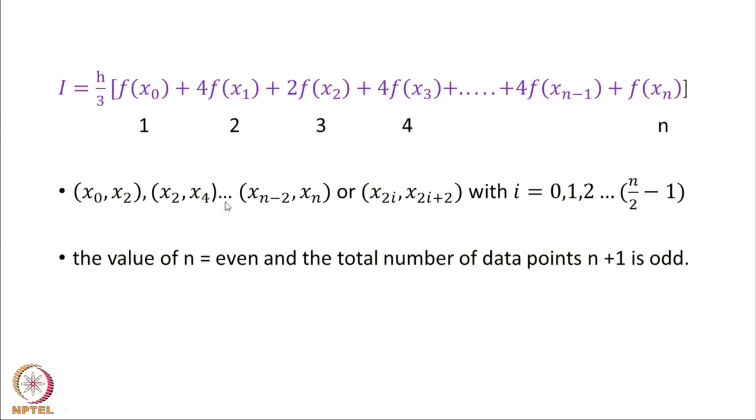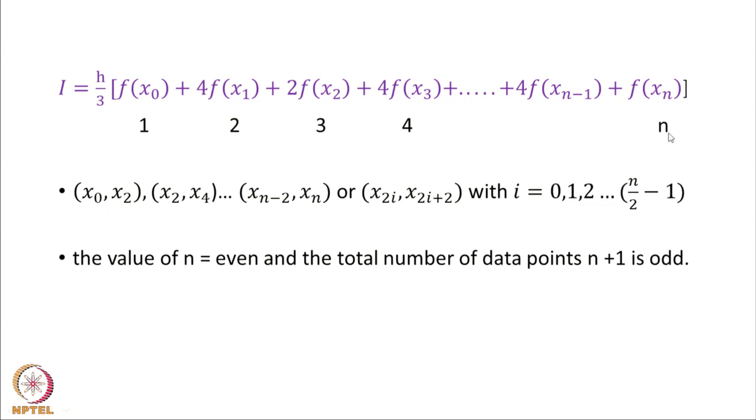So, the way I do it would be, I will execute the program and show you how to do that. The only problem will come, suppose n is even. If n is even, you cannot implement this, because there will be last 2 points which will create trouble. So, what we do, if n is even, between n minus 1 and n, I use a trapezoidal rule, and between 1 and n minus 1, again this is an odd number of points, I shall use Simpson's rule.